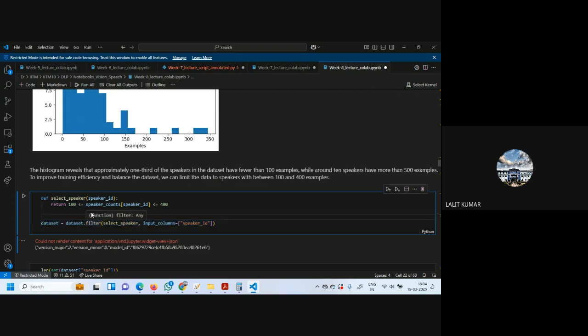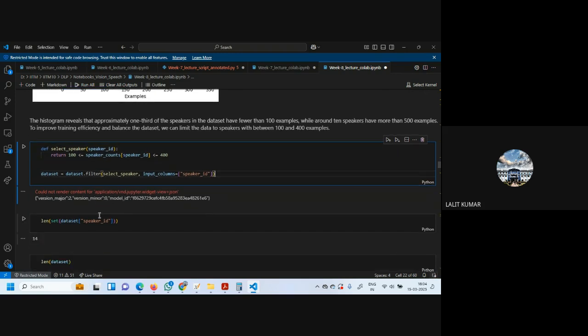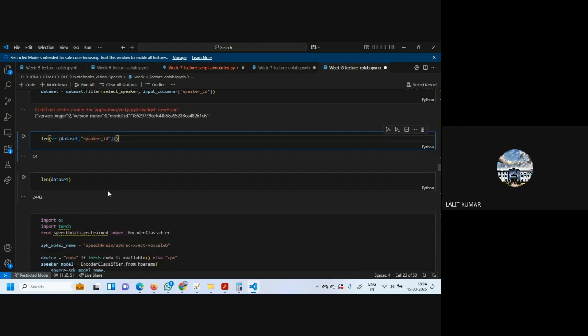In filter and in map, first of all, we have to pass a function. So first you define a function and then pass it in the map or filter. We are passing the dataset with the input column speaker ID. After this, we have 14 unique speaker IDs, and the length of the dataset is this much.